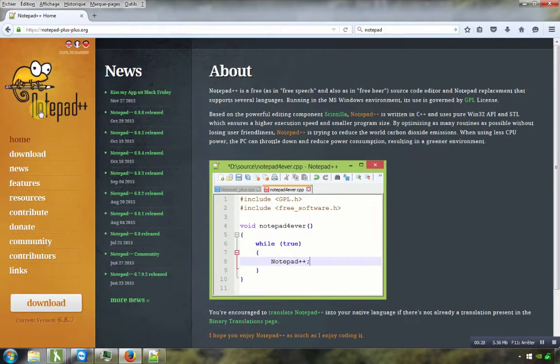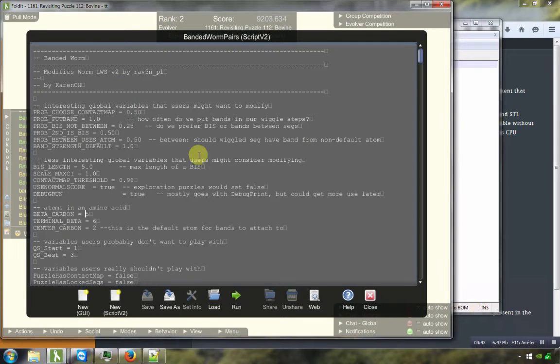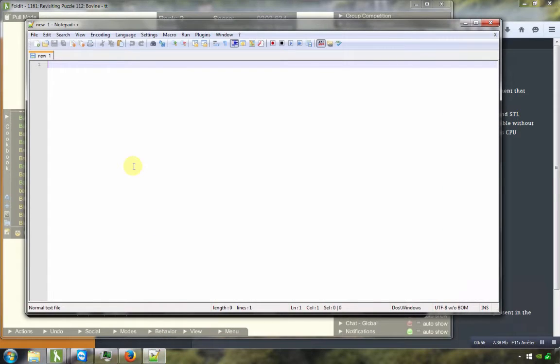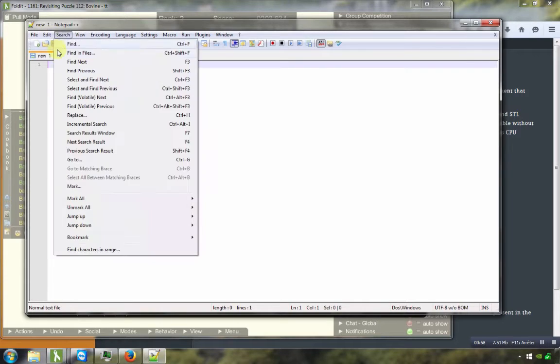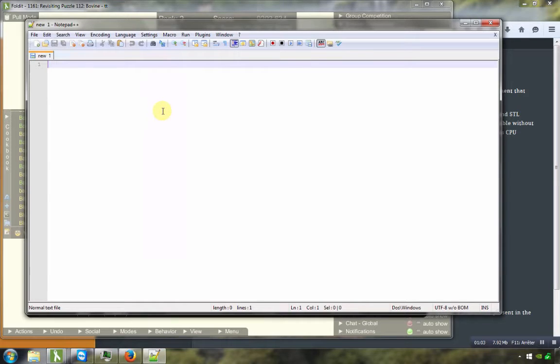So this one, Notepad++, is very okay for programming. You will understand why. So this was installed on my computer. Here it is. And we will take our text here, or script, Control-C for copy, or Control-X for cut. Then I can go to my text editor, Control-V, paste, and here I will be able to edit it.